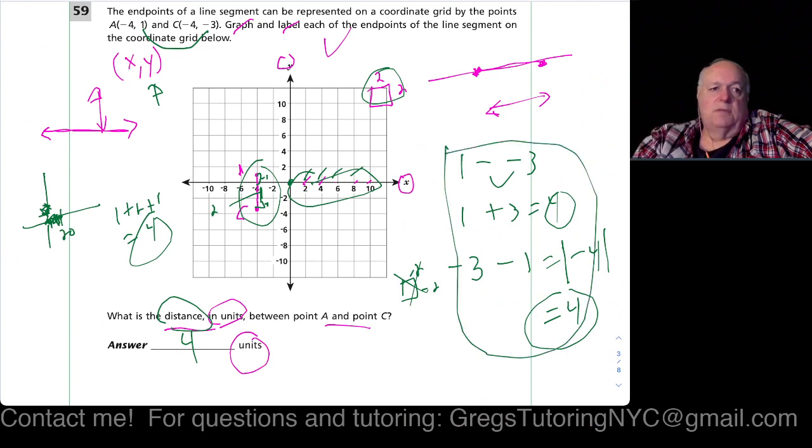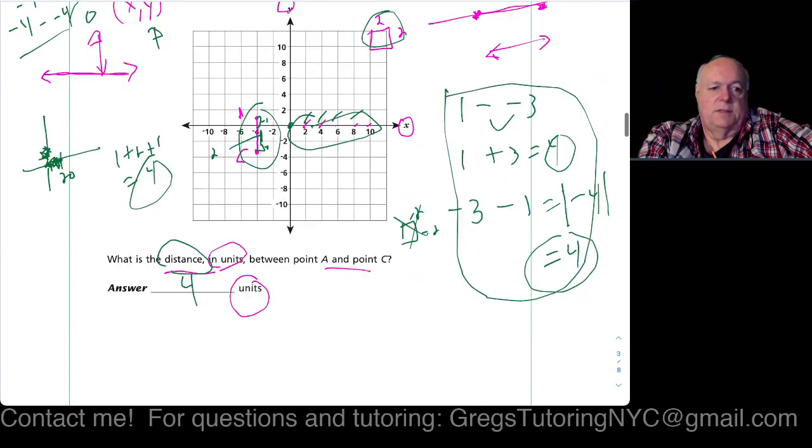Of course, minus 4 minus a minus 4 is not the right thing because that's using x's first of all. Second of all, it would have produced 0 because minus 4 and minus 4 means minus 4 plus 4 because a minus minus is a plus, and that's equal to 0. And if you guys don't know your positive negative rules for addition and your positive negative rules for multiplication, it's a good time to review them, right? So that's 59,